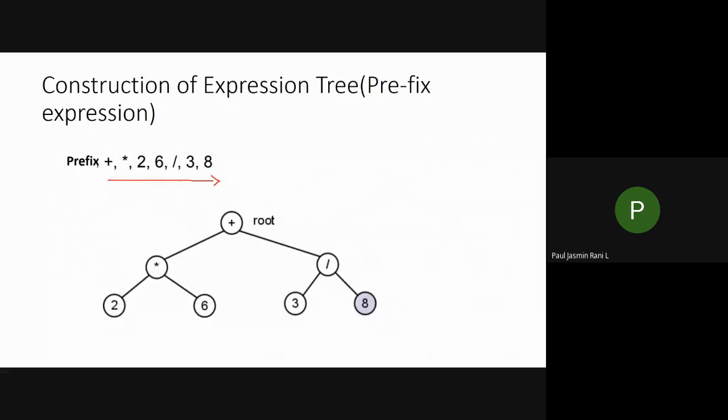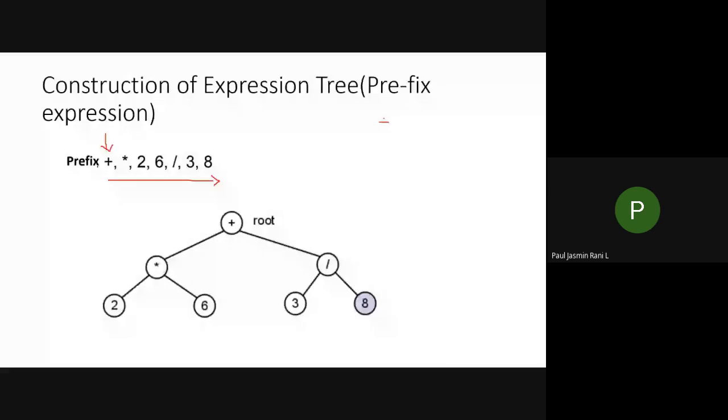So when you visit this way, what happens? Now my plus operator is the first symbol. So I am going to take the plus operator, and the same thing we did in our postfix expression, I am going to create a node. Can you follow this? Then let us mark this one as your current node. So now I am at the plus operator, and this creation part is over. Next, let us go for your asterisk. The next symbol is nothing but your asterisk.